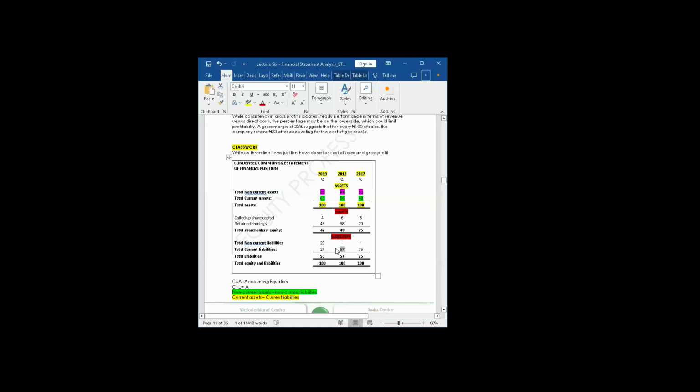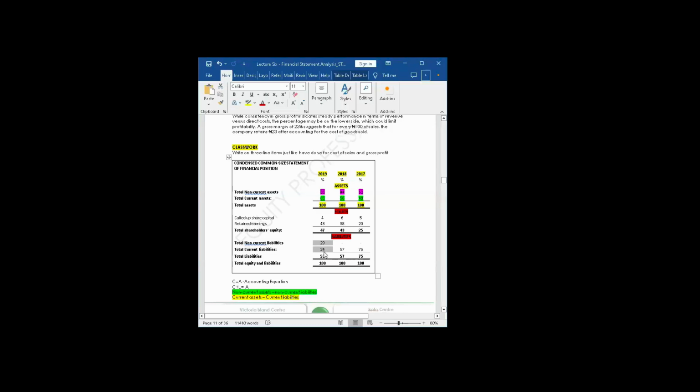So they had to sell off some of these assets in order to have cash and to settle what? To settle the current liabilities. And you can see by the time they got to 2019, they have reduced the current liabilities and they have added